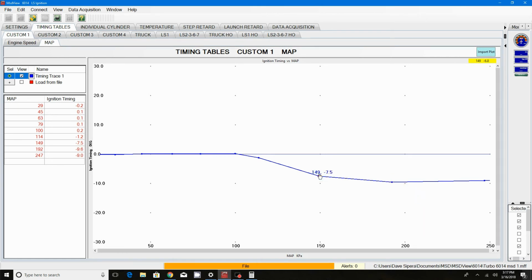Oh, I can't get rid of that one. I guess that one has to be there. Okay. So at 149 kPa, we're taking 7 degrees of total timing off of our custom 1 map. And by the time we hit, let's see, where is this at? Kind of move this one up a little bit. That's fine right there. So as we're coming in to boost right here